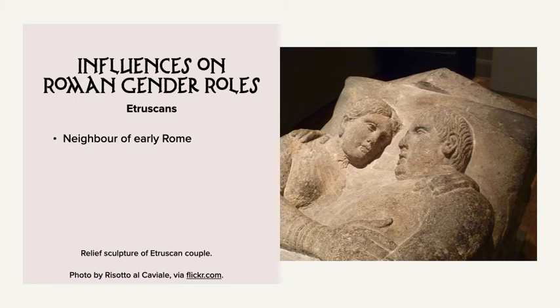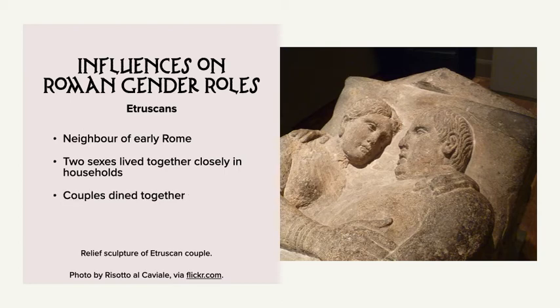So in Etruscan society, males and females would live together quite closely in households. Couples would dine together, and women could move about freely in public, going to the market, going to visit friends' places, and so on. And this is in contrast to, for example, if you studied Athenian social life in level